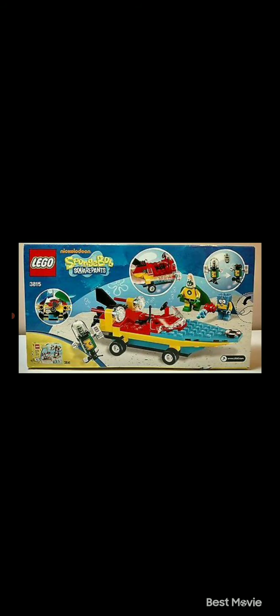Number 4. Remember in 2007, I wasn't around in 2007, but surely you must remember that they had Lego SpongeBob sets. And yes, they were really good. These sets were so creative, inspired by the show, that I really wanted to get them. And fun fact, this set right here you see, I actually saw in a store when I was 4 years